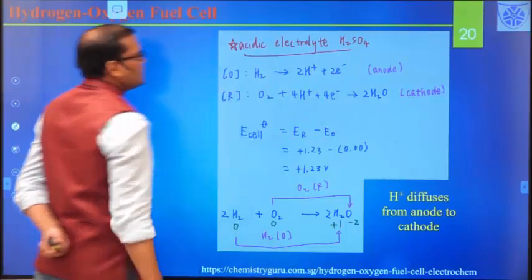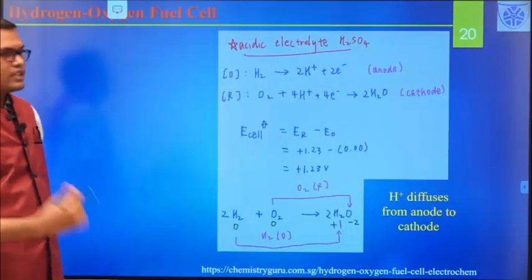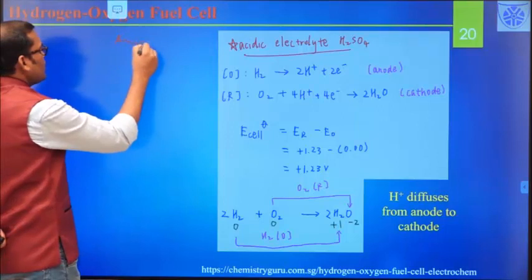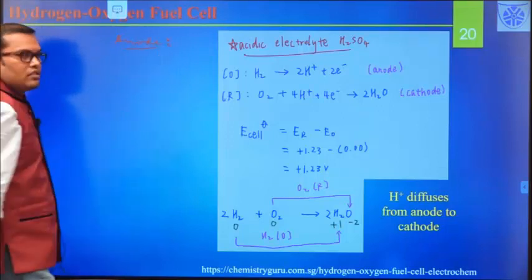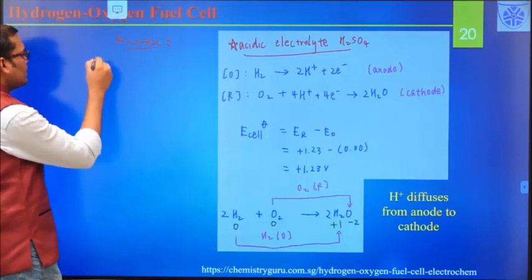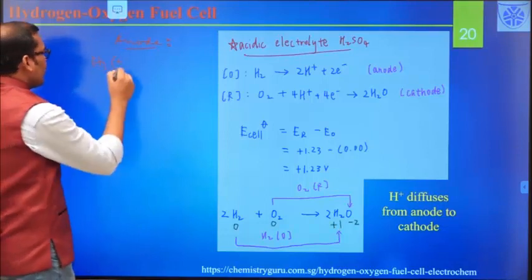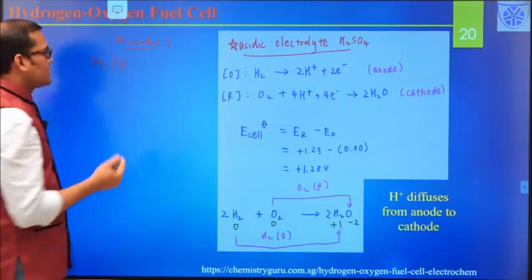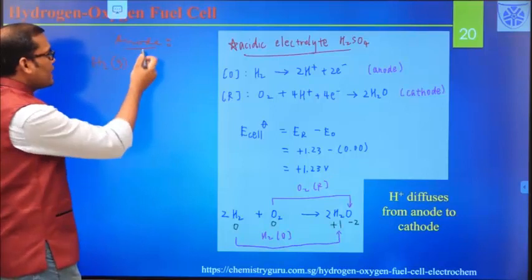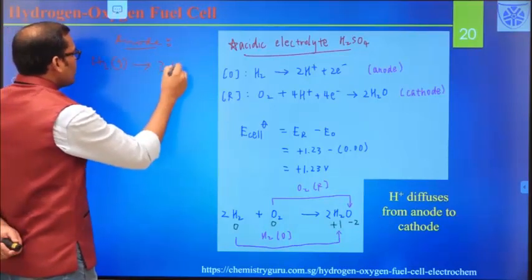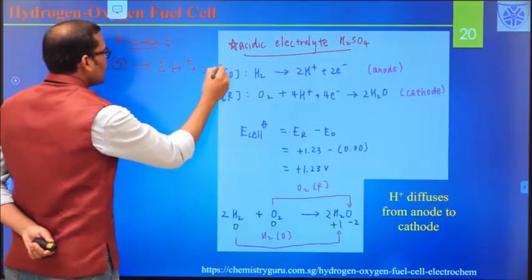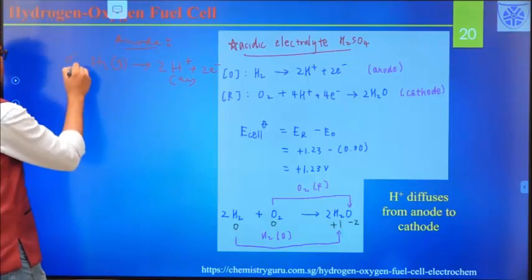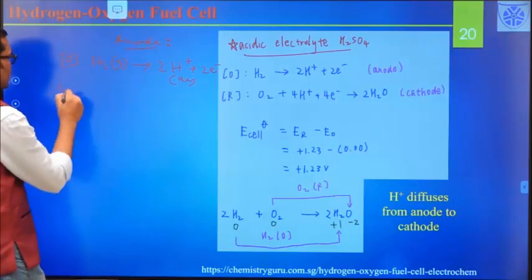If you are using an acidic electrolyte in the hydrogen oxygen fuel cell, what reactions are happening? Let us talk about the anode. What is happening at the anode? Oxidation will occur. What are we purging here? Hydrogen, so you write hydrogen gas. You also have to mention the state of the fuels or oxidants. Oxidation happens at the anode, so H2 gives 2H plus plus 2 electrons, in aqueous form. That is called oxidation at the anode. So at the cathode, what is happening?